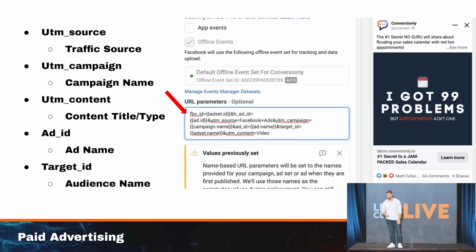The ad ID, if we go back and see, who likes the ad? Who thinks that's catchy? I got 99 problems, but appointments ain't one. Let's give a round of applause for Daniela, who actually had that idea. How cool is that? Daniela, if you guys don't know, she is our sales coordinator. She started out as an appointment setter that came through our recruitment program. And we were on our all-hands-on-deck meeting, and shyly, very shyly, like Justin and I are going through everything, she raised her hand. She's like, guys, I have an idea. Okay, what is it? She's like, I think it's a really cool ad if you guys did it. I got 99 problems, but appointments ain't one. I was like, you are a genius, my friend. That is one of our best performing ads. So another round of applause for Daniela. Cool.